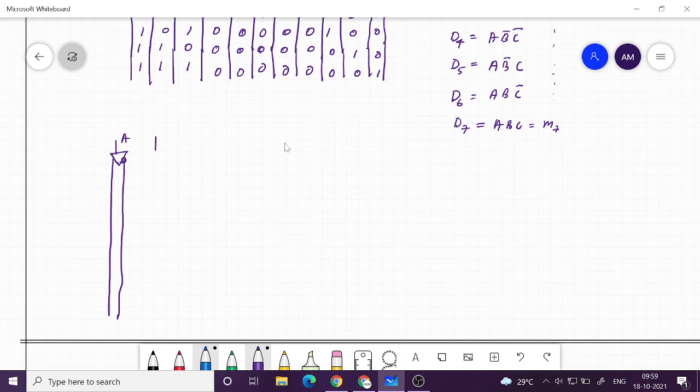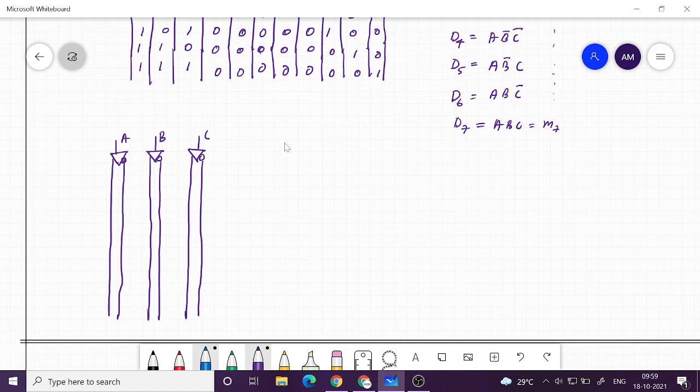And similarly you have B, direct form and complement form, and then you have C and complement form. So to generate M0, that is our D0 output, we just need to,